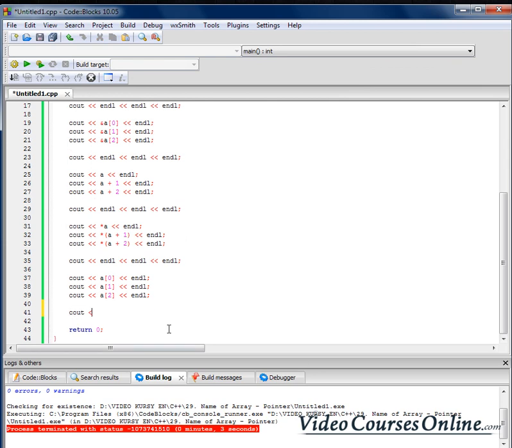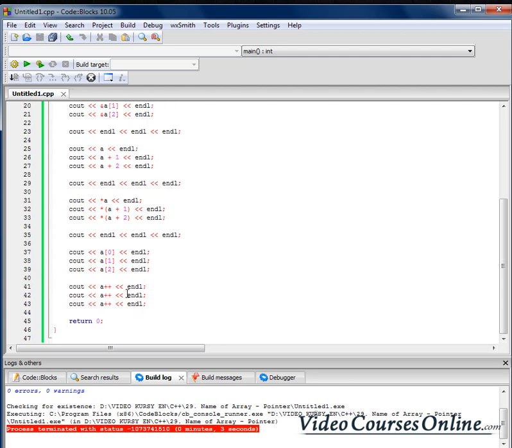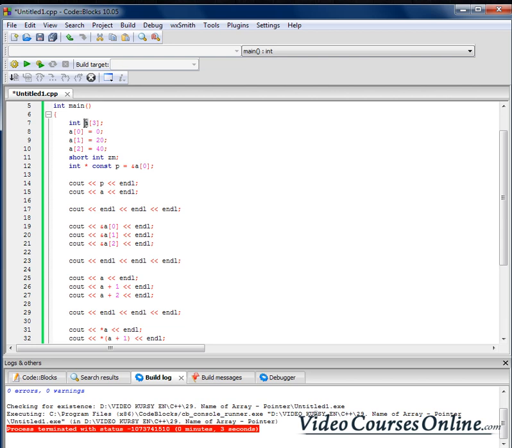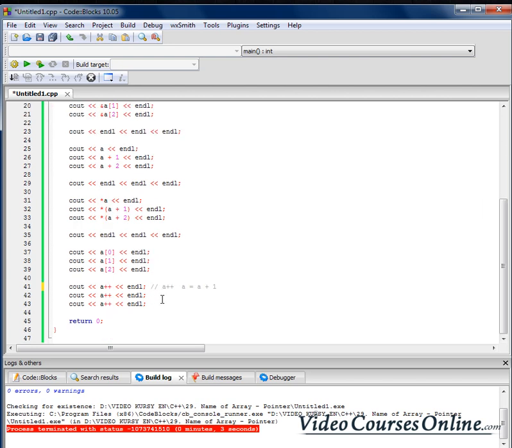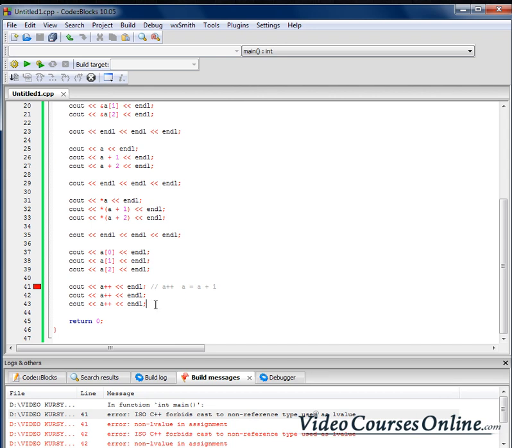Okay, I told you we can do something like that. Why? Because a++ is going to do the same thing as a equals a plus 1. So it means that I want to change the address of the first element of that pointer here. And that pointer here, as I told you, is what? Constant. But, as you can see, it's not working. But we can do it easily